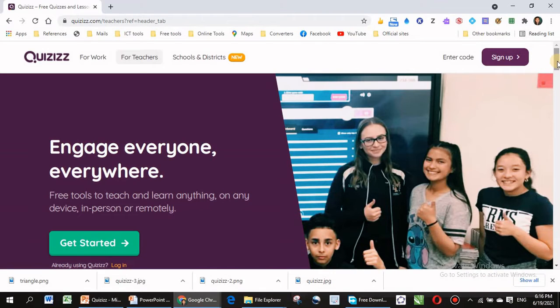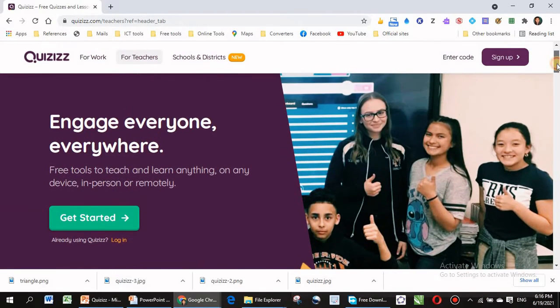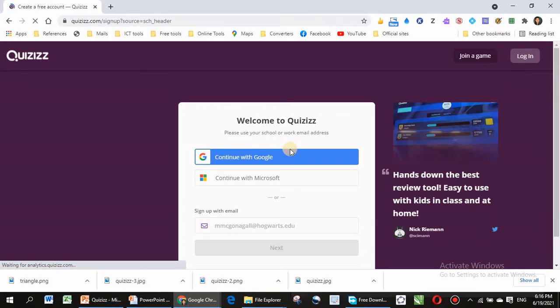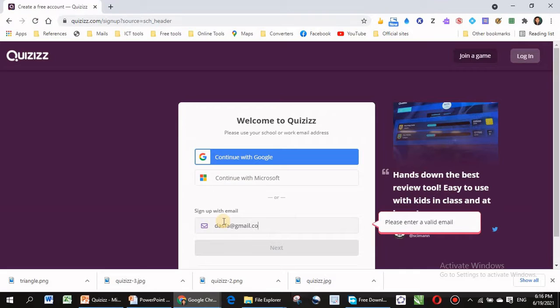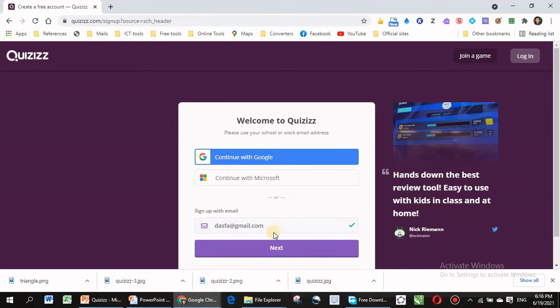If you are new, you haven't any account. If you have already created an account in Quizizz, then you can log in here. Now I am going to click on sign up to create a new account. You can see here continue with Google or continue with Microsoft, or you can type your email address here, then click on next.